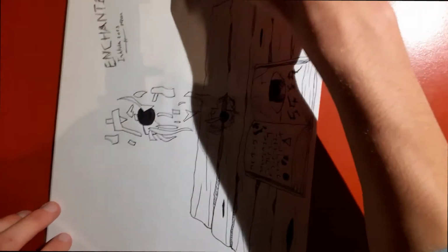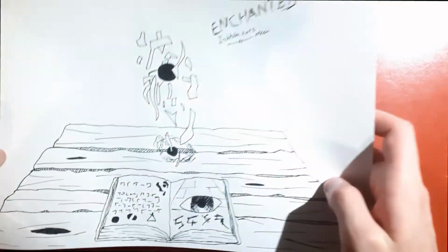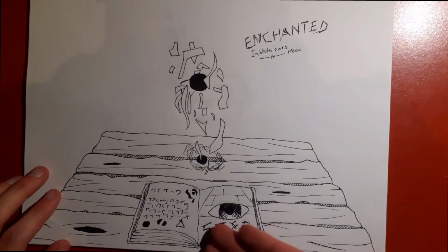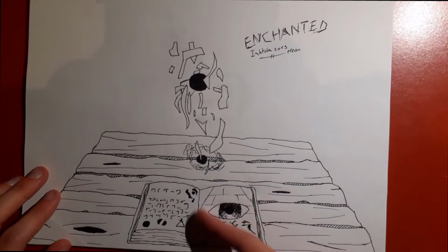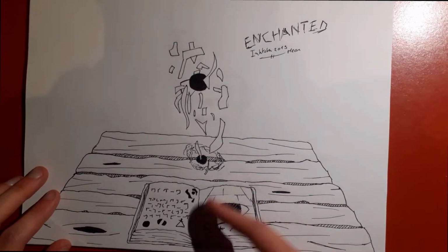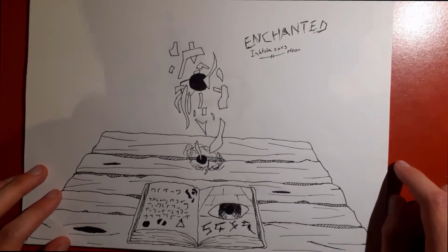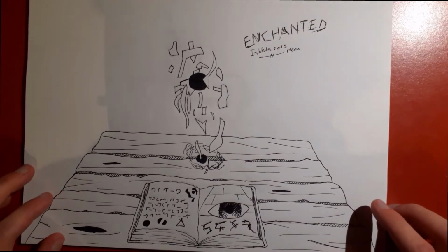which was Enchanted. This one was heavily inspired by, what's it called again? Gravity Falls. Yeah, you got the book, you got the eye, you got the little bit of the pyramid faced guy. I forgot his name now. Oh god, it's gonna haunt me forever. Anyway, I can't think of it off the top of my head, so I'm just gonna look it up